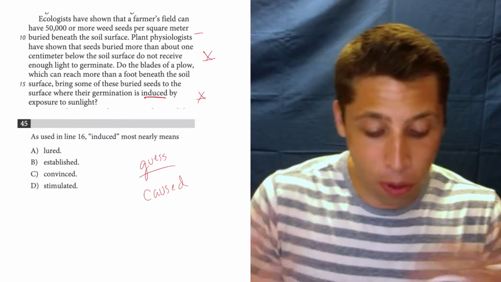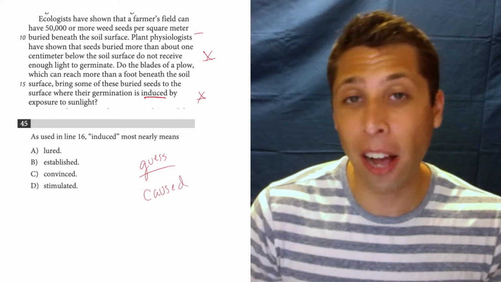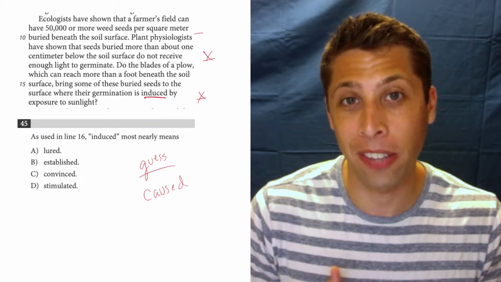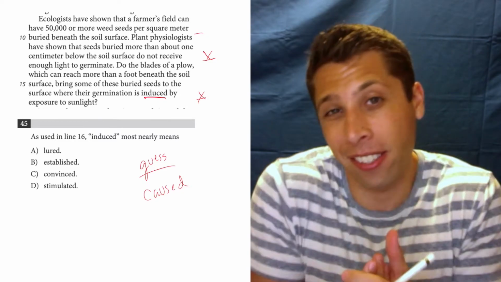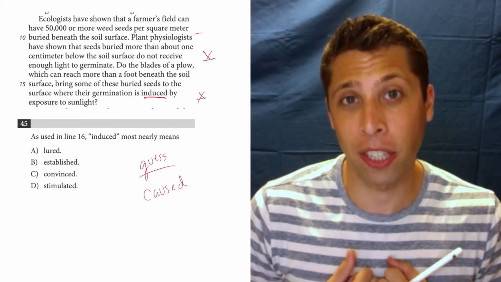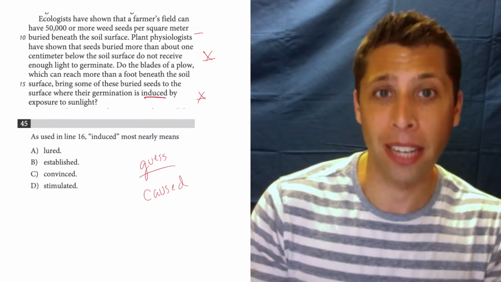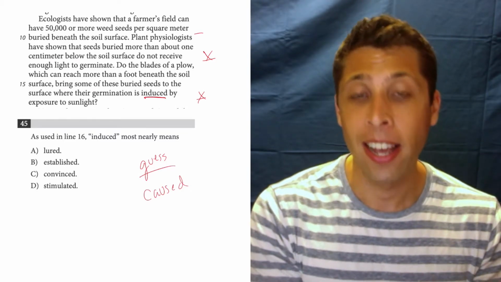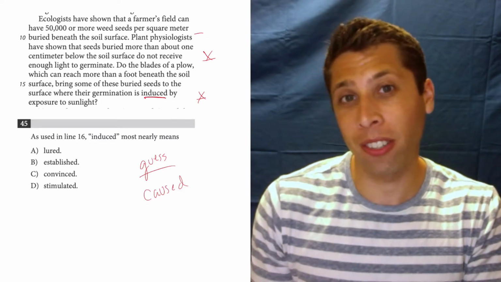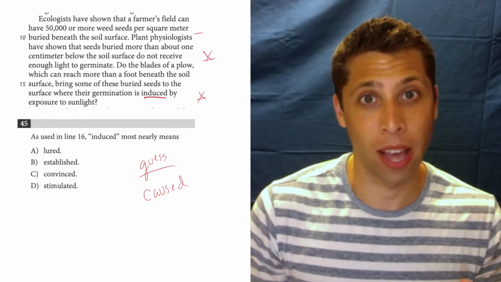Now, that word isn't in the sentences itself. Sometimes we do find vocab words have some sort of parallel word later or earlier in the sentence. This is a little bit more my own invention, but it's coming from the same place. It's coming from the context of the sentences, so I'm pretty confident that it's right. And now I can go to my choices and see if anything kind of matches with that.